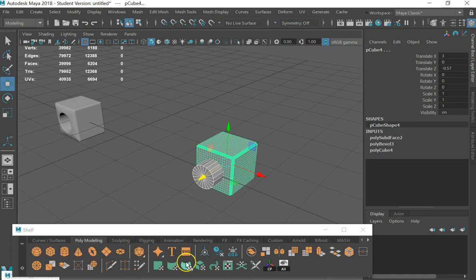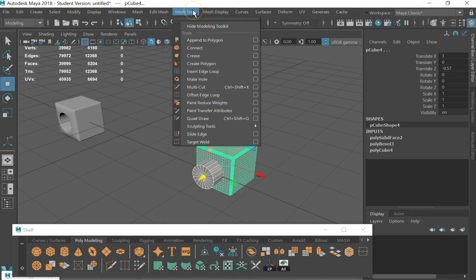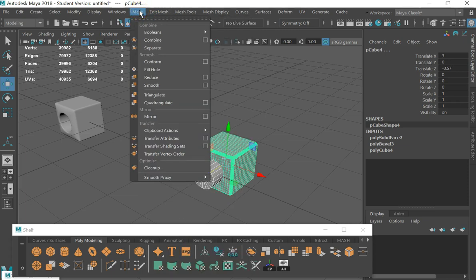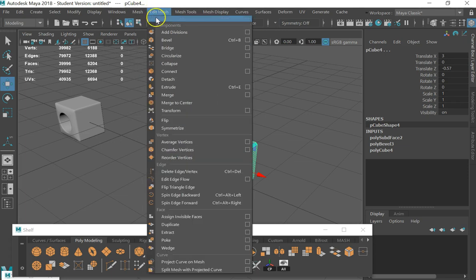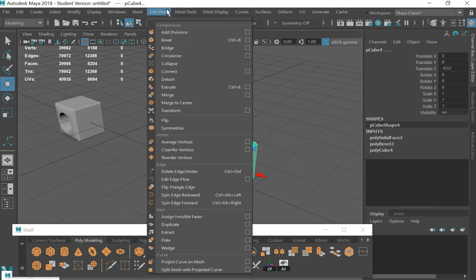where is it? I'm trying to use one of these menus now. Extract, mirror, smooth, reduce, extrude, bridge. So I'm just trying to find, I might just use one of these menus. You can see how rarely I use this. There is one other way, but it's quite manual, that I'll show you in a moment. But right now,